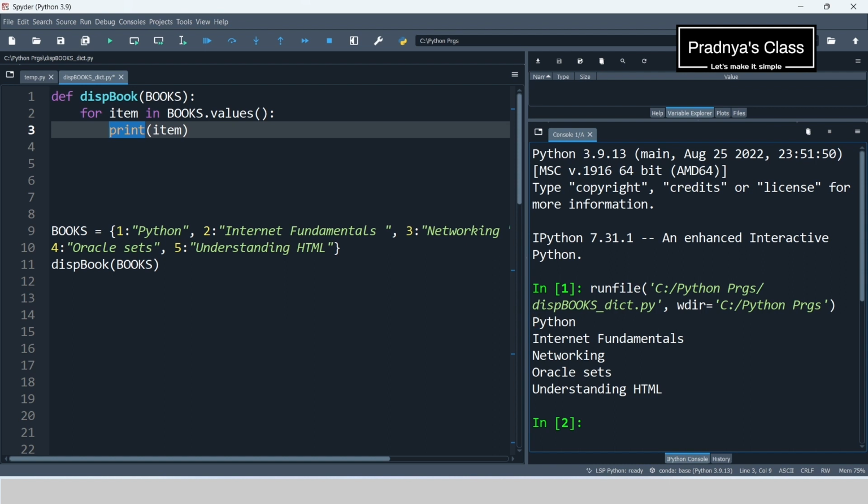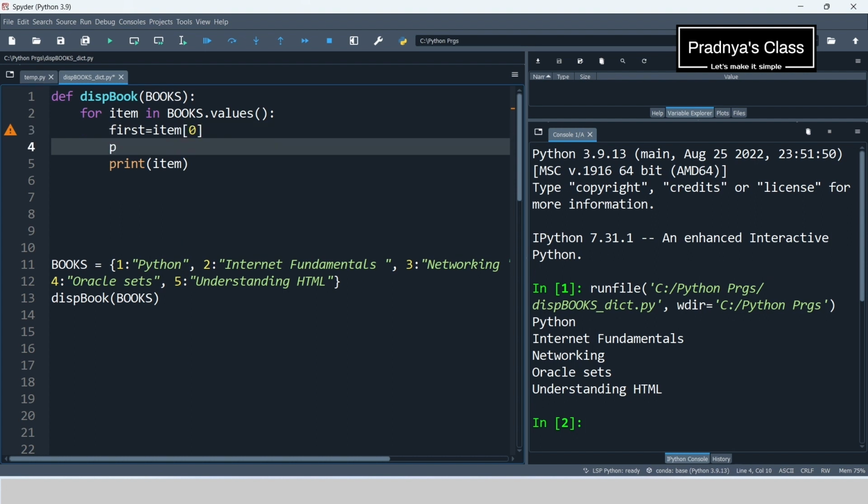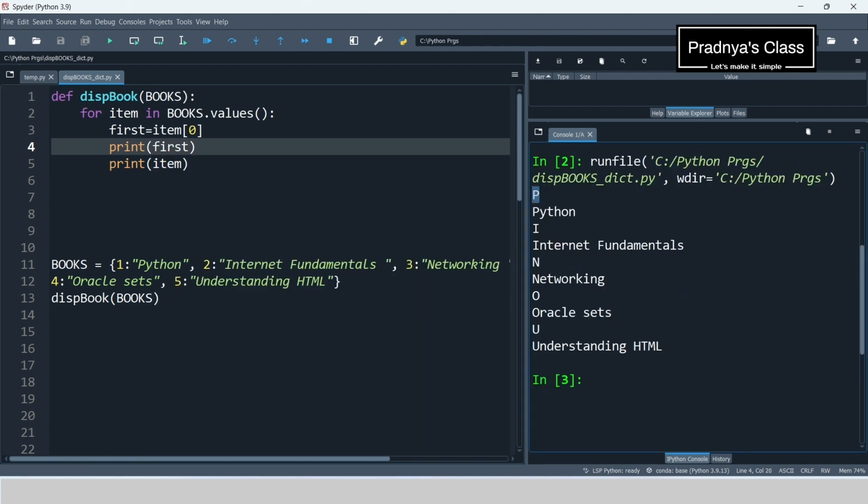So for that we need to check only the first alphabet. Anyhow we are getting the items in the form of a string, so let's extract the first alphabet using the index. So at the 0th index we will be getting the first alphabet. Let's make sure that we are getting the first alphabet correctly. From the output we could see that we are getting the first alphabet of the book name.